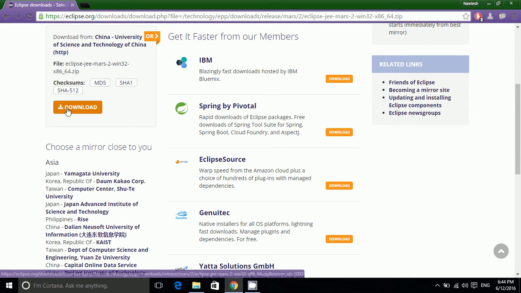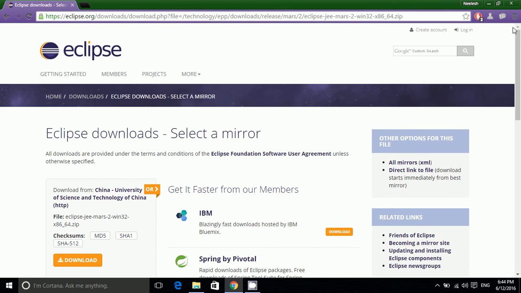But since I have already downloaded and installed it, I am not going to do it again for you. You can just click this link and you will be redirected to the download page. Your last action would be clicking this button. After that, you do not have to do anything. Automatically it will start downloading, and depending upon the speed of your internet, it will take about an hour and a half. That depends on the speed of the net. It is about a 300 MB file size.